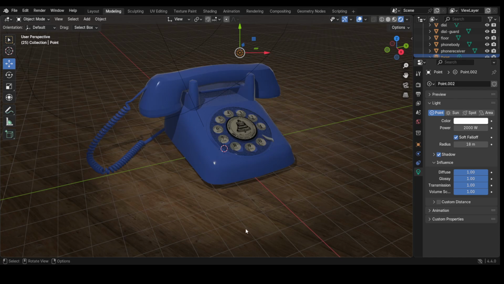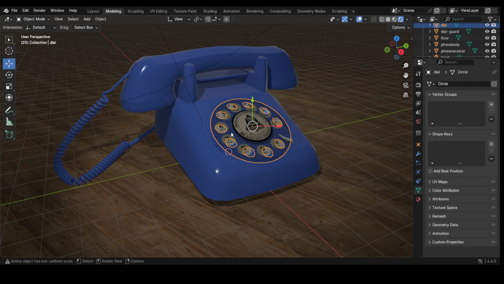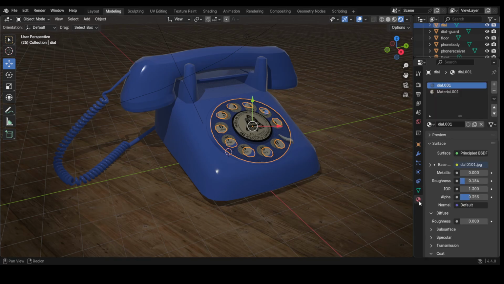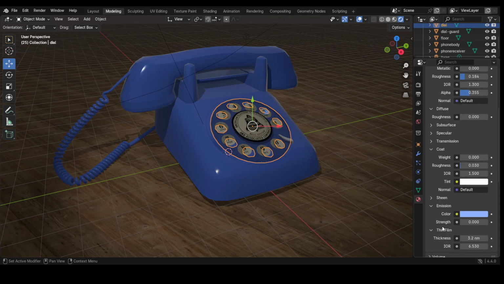Alright. So, just to do a little bit of a trick here, if you take a look at the dial, it's very transparent, and I want to change that just a little bit, and I can do that here by going down to emission. You can see that I've added a different color, and the strength would be the amount that the object is actually emitting light itself, not as just being self-lit, so to speak. So I want to add a little bit here. I'm going to go to 0.2,